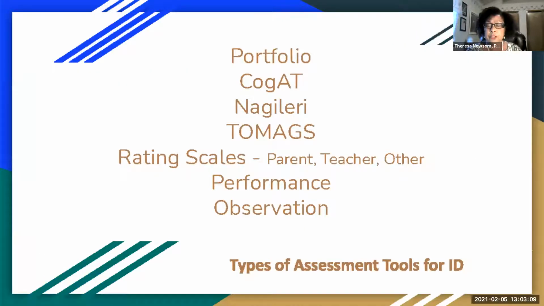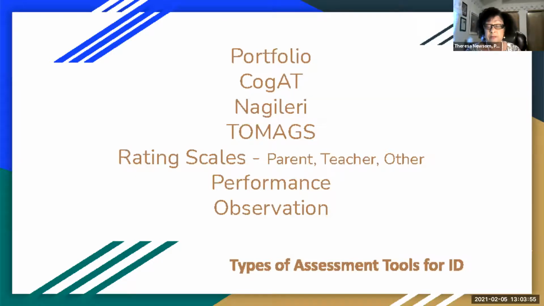As we're looking at the tools that would be used to identify students, as many of you are aware, we use portfolios, and that's a collection of data using different bodies of evidence so that we see the whole child. Of course, we use the COGAT, the Naglieri, and the TOMAGs. We're familiar with those tools. We also use rating scales because we want parents to be involved. We want to have teacher input. And then there might be a coach or some other adult that sees this particular child from a different perspective, from a different lens. So we want to use rating scales so that we don't miss anything, because our intent is to